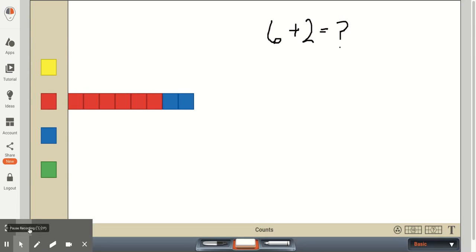If this problem was 2 plus 6, some of the first graders might start with 2 and then they would count up 3, 4, 5, 6, 7, 8. But as they advance, they will realize that it'll be much easier for them to start with the larger addend. In other words, the addends are these two numbers that are adding up to a certain sum. So they start with a larger number. It'll be much easier then. It'll be much more efficient to get to the total or to get to the sum.